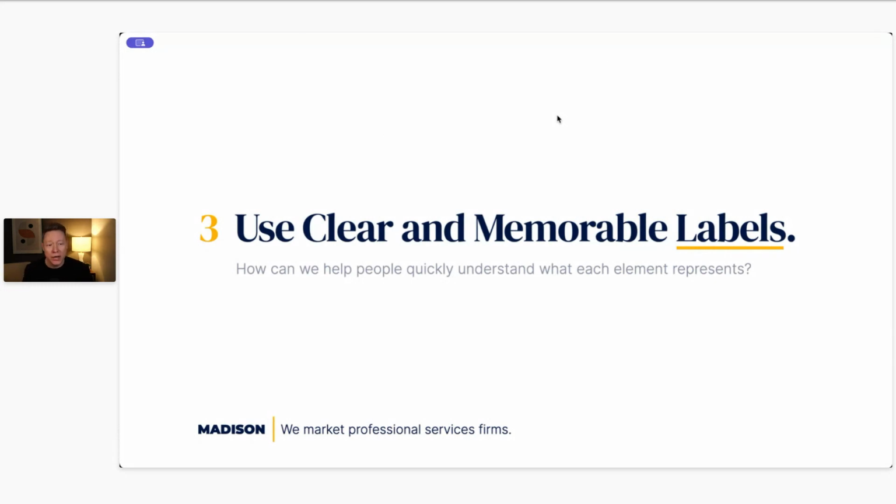But if you already have a very, very clear angle or approach on how you do it, then by all means, maybe you don't necessarily need to do that whole brainstorming step. You've probably already done that work. And now it's just about making it clear and easy to understand and representing it visually. So I don't know if that answers that or not, but step 3, use clear and memorable labels.